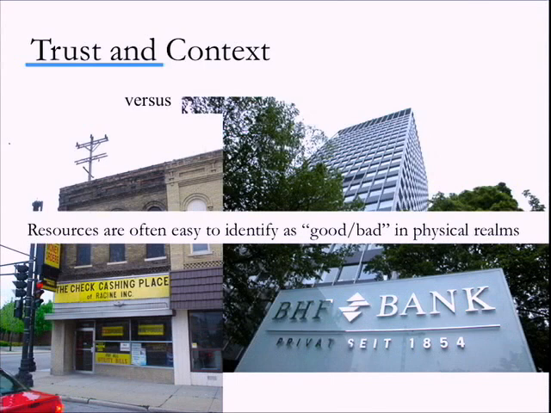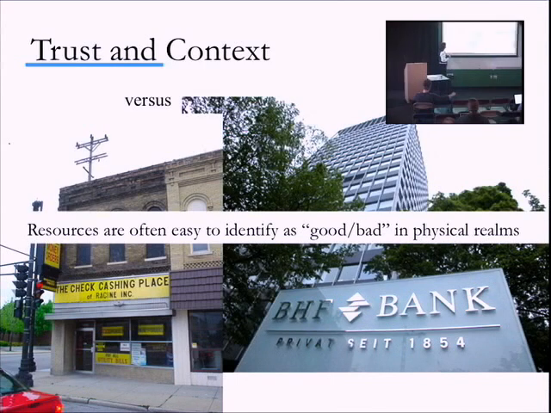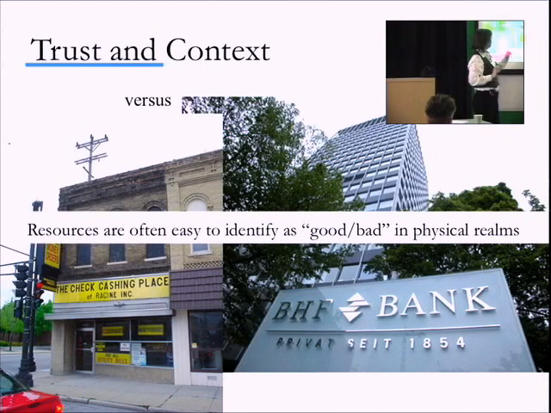Whereas the check cashing place of Racine also does some of the same things that this bank does. You can pay your utility bills here. You could pay your taxes here. You could do money orders. But they're very different. Even though they're both doing the same function and they're financial functions, they're very different kinds of trust environments, right?